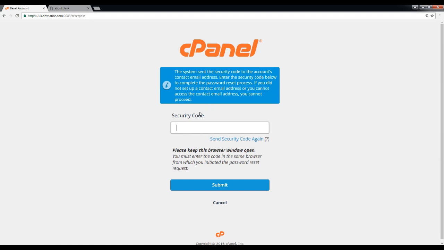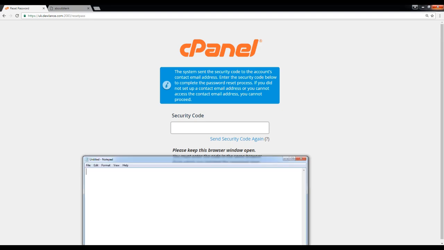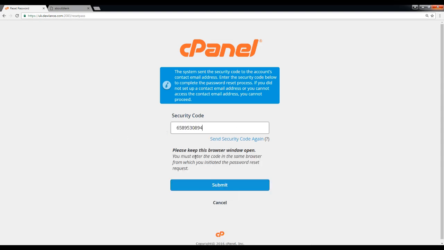Okay, now you need to check your email. We check our email and received this message: your password security reset code is. So we need to enter this code in the security code field to complete the password reset.